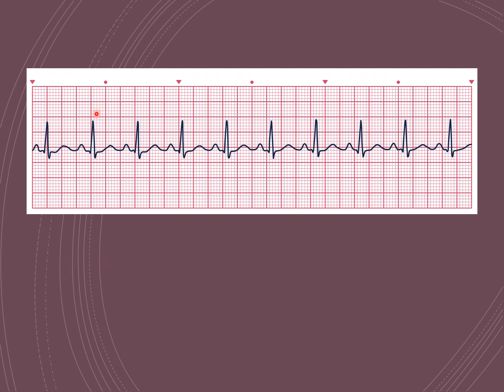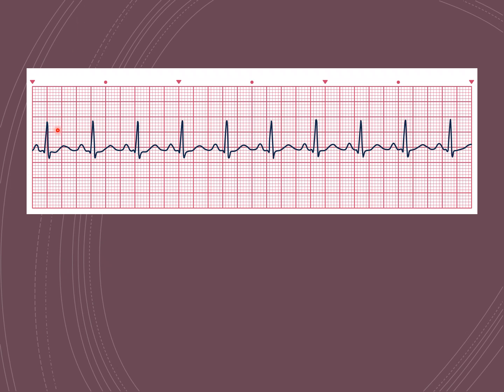Now we're going to use the rule of 300. So we are going to divide 300 by 3, and that gives us 100. So 100 beats per minute. So we can agree with both methods that our patient is in normal sinus rhythm. And we can also dive a little deeper here, and I'll show you that the P waves